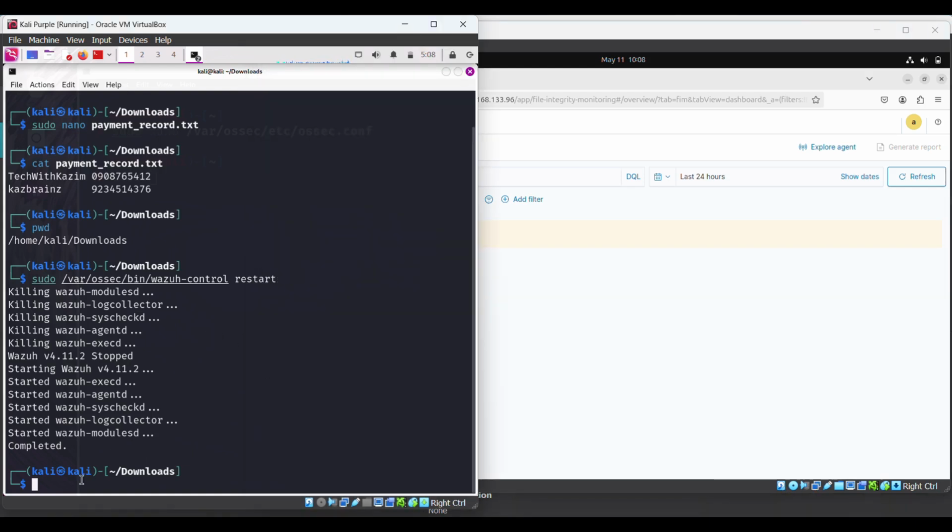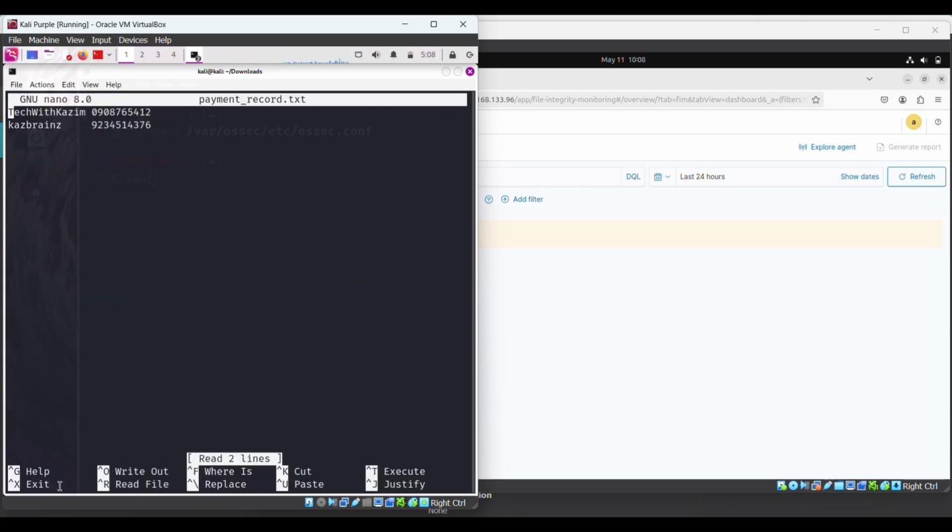So let's make some changes to the file. I'm going to open the file with nano, right? I'm going to tamper with the account numbers that I have here. I'm going to change this to 223 or 23. I'm going to remove the 090 I have here and replace it with 45, or entirely new